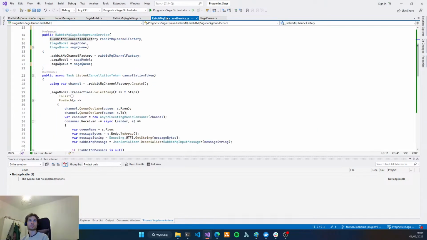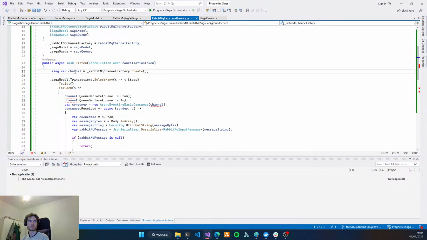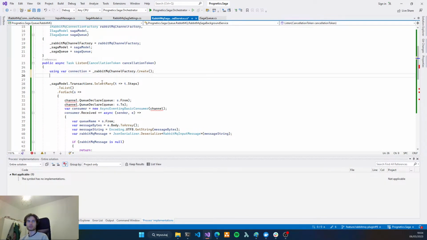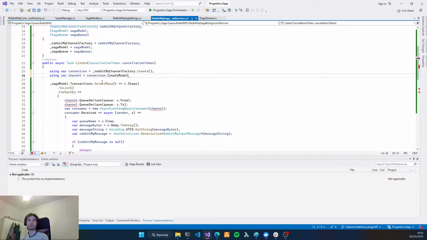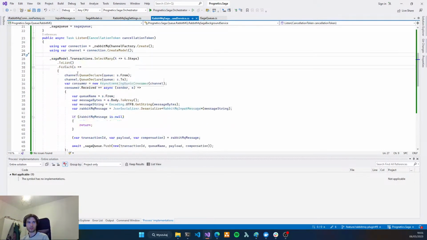And let's go to our service, and here we have a connection. And using var channel equals connection dot create model, and now it looks better.